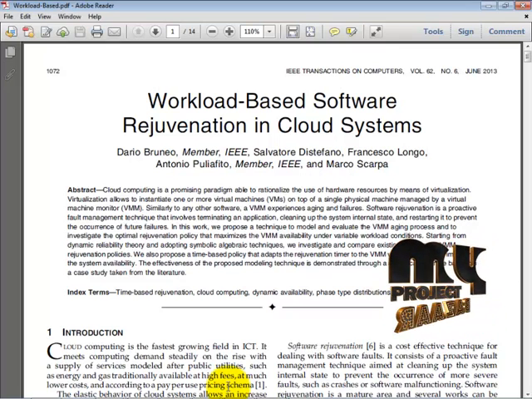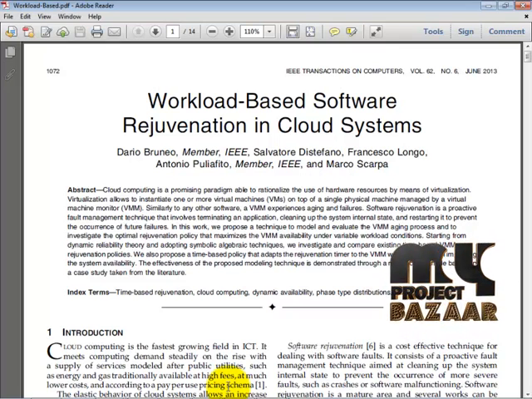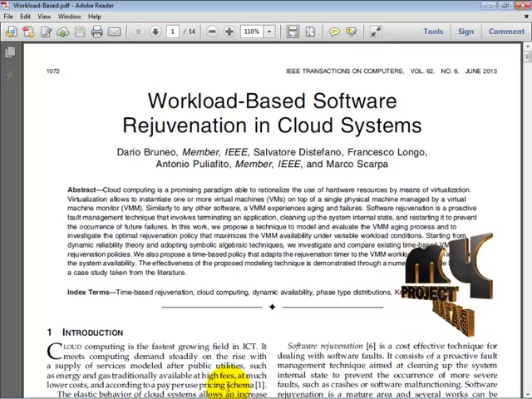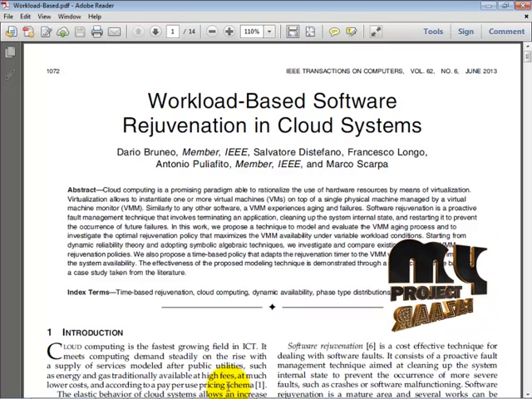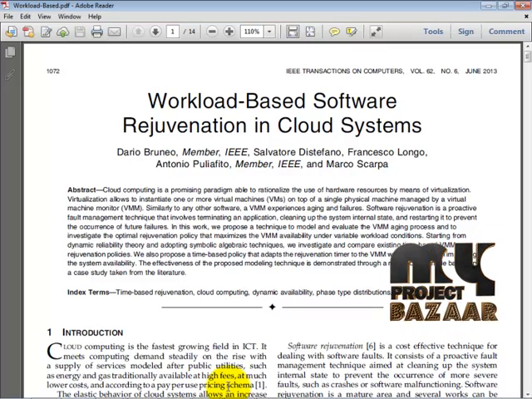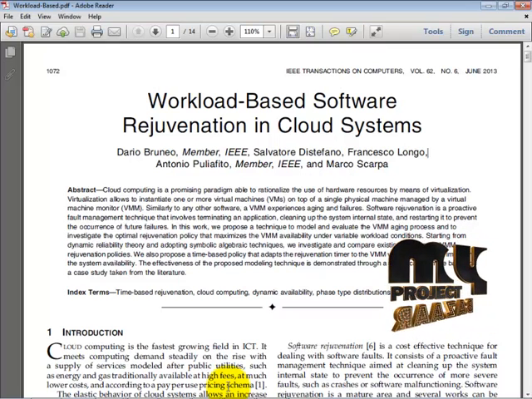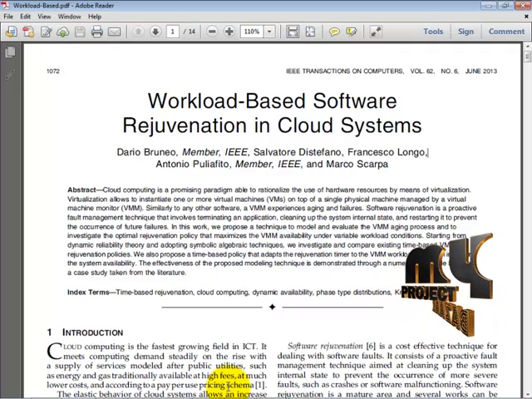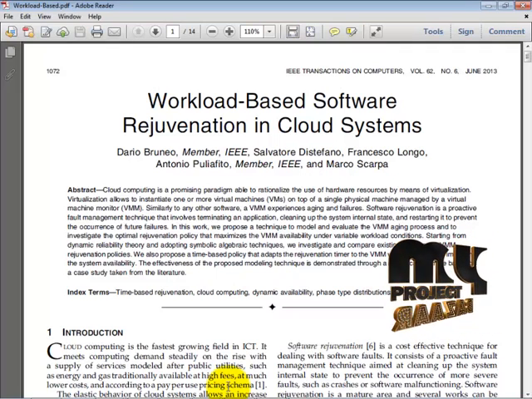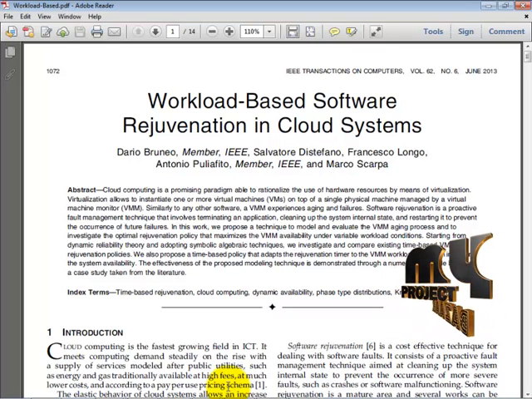Software aging is mainly the workload-dependent degradation over time of an application's performance, which may lead to low availability due to performance problems caused by software bugs. Software rejuvenation is a cost-effective technique for dealing with software faults. In this case, when the user finds the software aging and that is a software failure, the user has to reboot the software. It's the main goal of our proposed method.